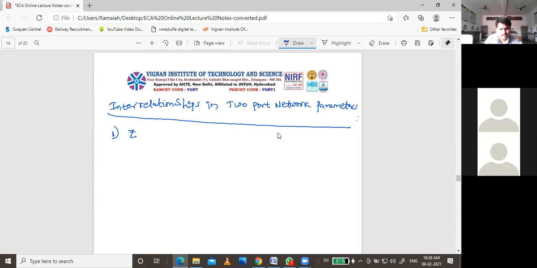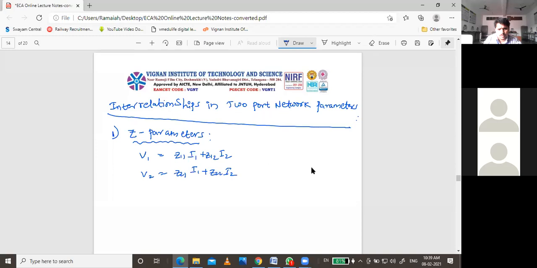We will take the Z parameters first. So what is the interrelation between the Z parameters and the other parameters? Now tell me, what are the equations of these Z parameters? V1, V2 is a function of I1, I2. Please see how I am writing, you follow that, then only can you remember. V1 equals Z11 I1 plus Z12 I2, next V2 equals Z21 I1 plus Z22 I2.